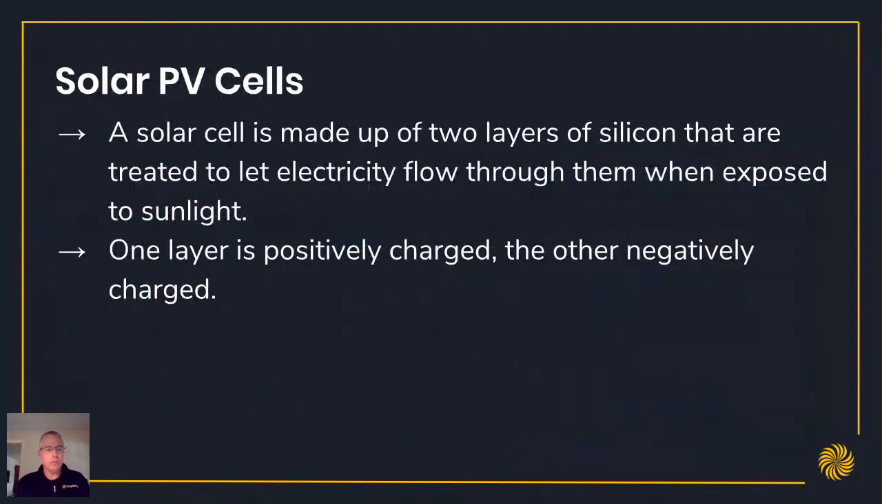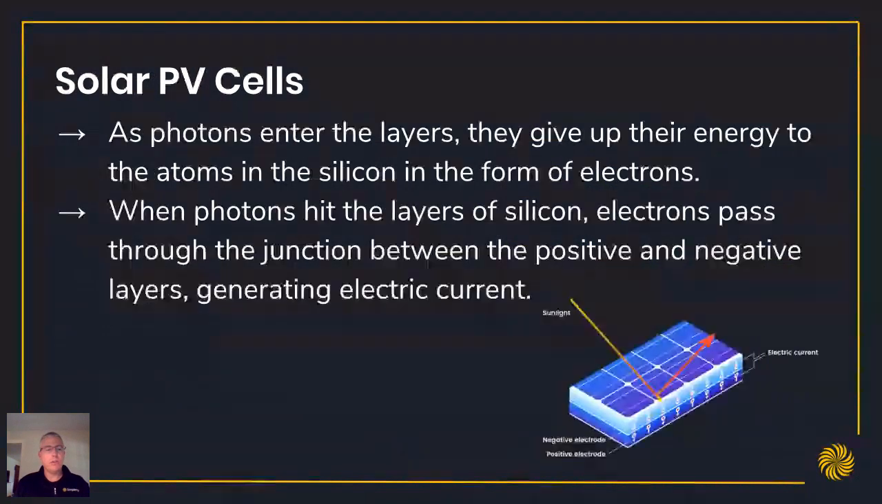The cells themselves, the PV cells, are made up of two layers of silicon that are treated to let electricity flow through them when exposed to sunlight. One layer is positively charged and the other is negatively charged. As photons enter the layers, they give up their energy to the atoms in the silicon in the form of electrons. When photons hit the layers of silicon, electrons pass through the junction between the positive and negative layers, generating